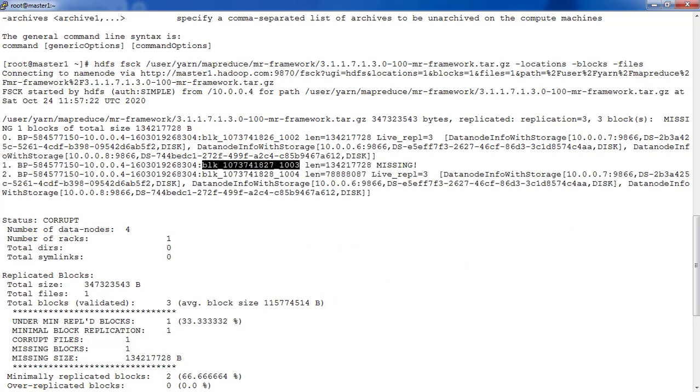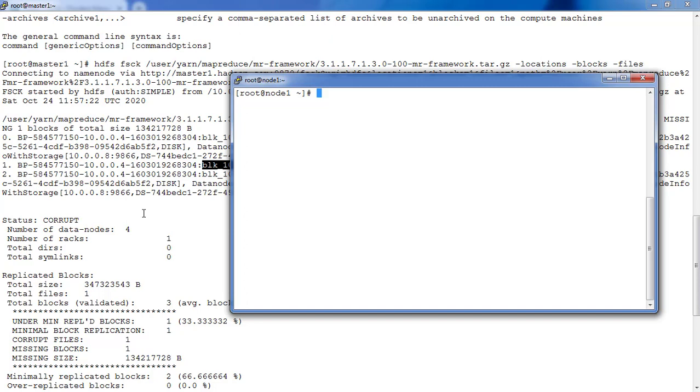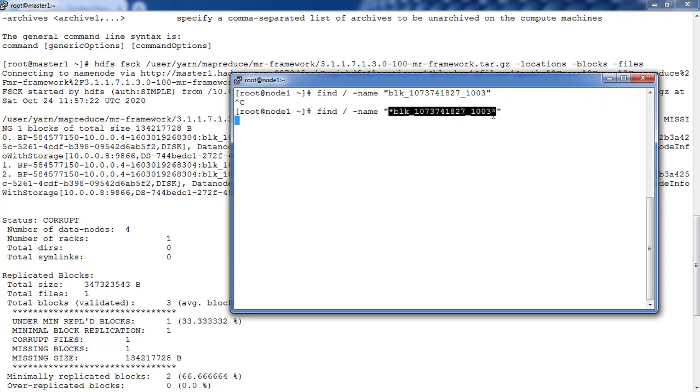Okay, copy this name and just use find / -name. I don't know whether this is the exact name, there will be some string after or before, so just add a star as prefix and postfix. So it will find, from /, the files with this name somewhere in their name. Okay, so let's wait, and if it's not available, that is also fine.